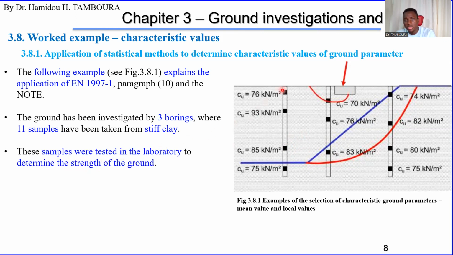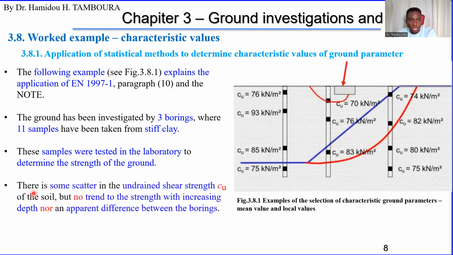So for that, the soil samples were tested in the lab to determine the strength of the ground. Okay, the undrained shear strength. As you can see, we have several values. Cu, undrained shear strength. So we can see that by looking at this result of the shear strength,